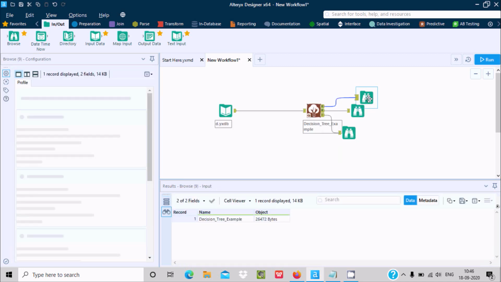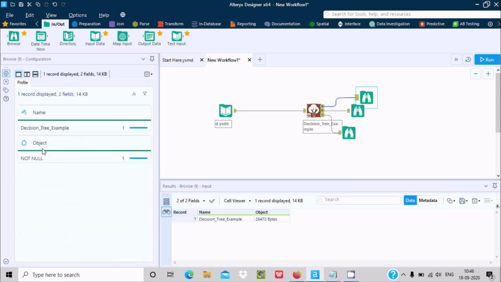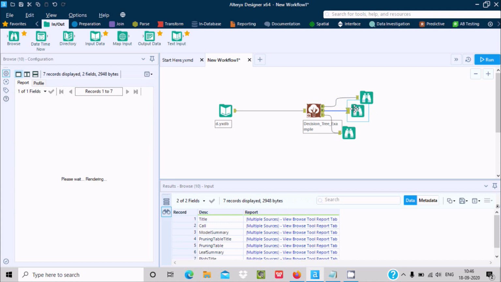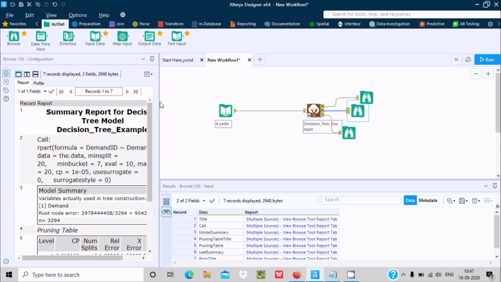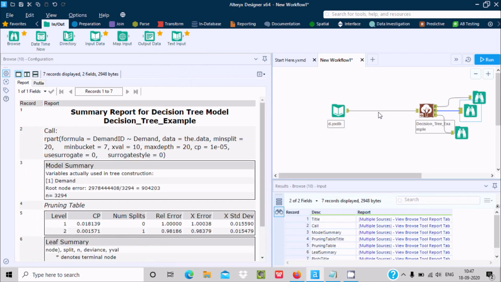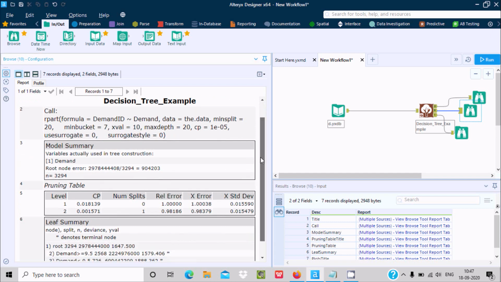Now if I click on this, here you can get the name and object name, decision tree. If I click on this, here you can see the output, sorry, R for report: summary report for decision tree example. Here is the formula, demand ID, demand, and here you can see mean, bucket, max, and model summary, root node, and n is the total number of rows, n 3294.